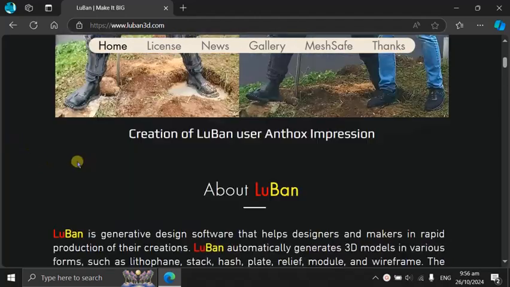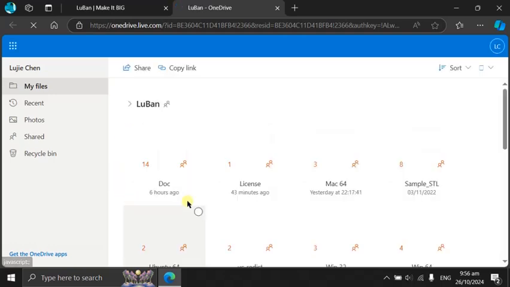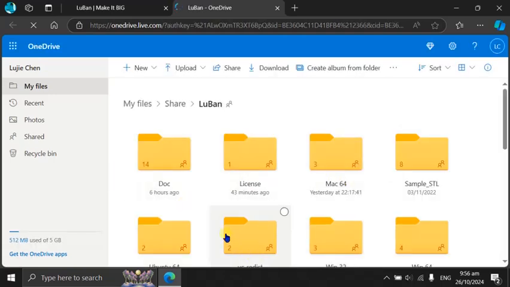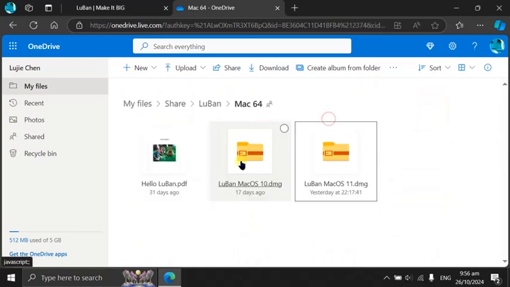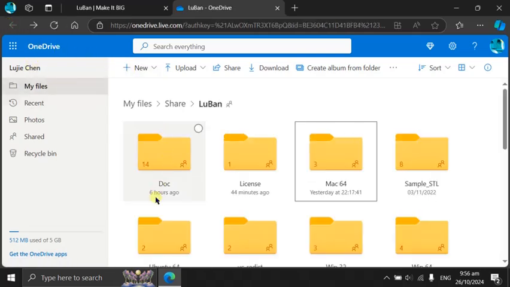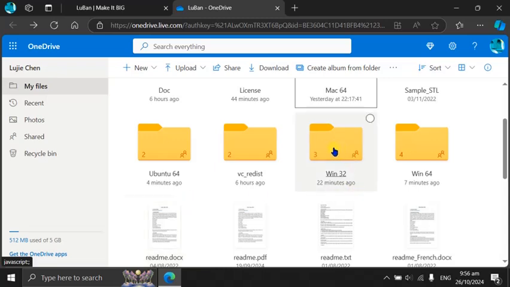So if we go down on the LuBan homepage, go down to download LuBan, you can click either OneDrive or Google Drive to go to the download folders. And usually you go to the specific folder that corresponds to your computer's operating system, such as Macintosh, Linux, Ubuntu Linux, or Windows 32 or Windows 64. All these versions are now supporting